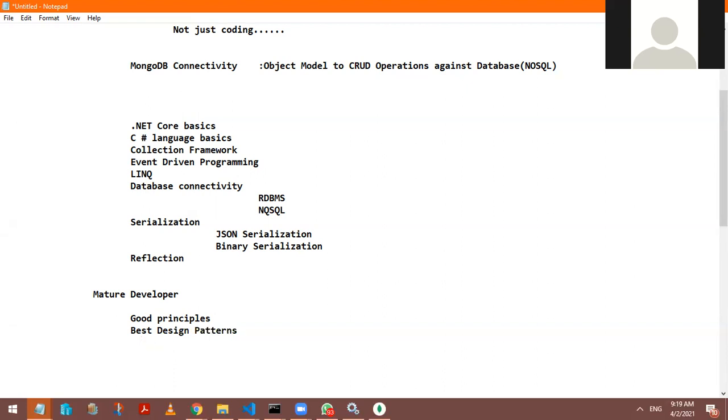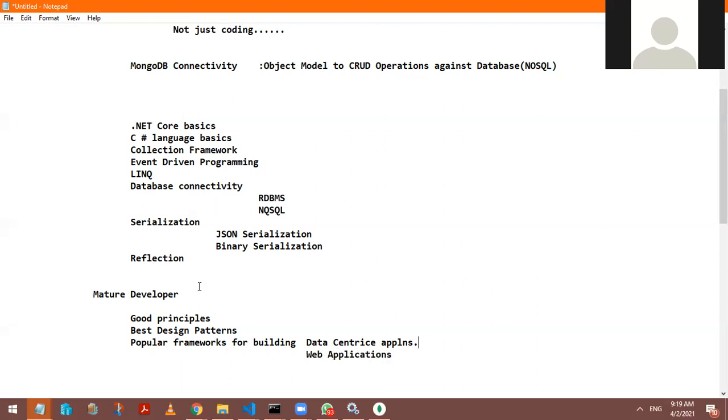I should not use the word good framework, I should use the word popular framework for building data centric applications, for building web applications.